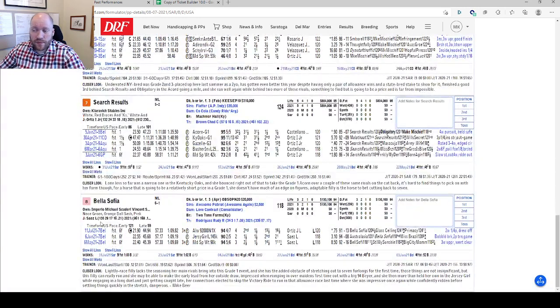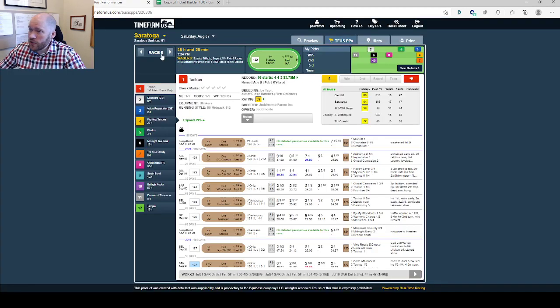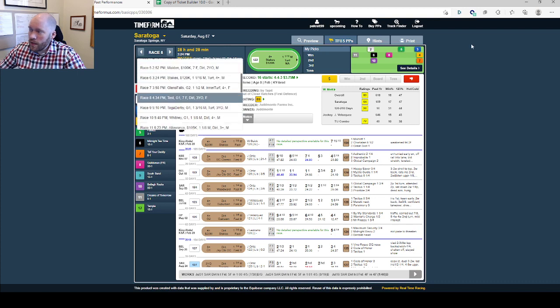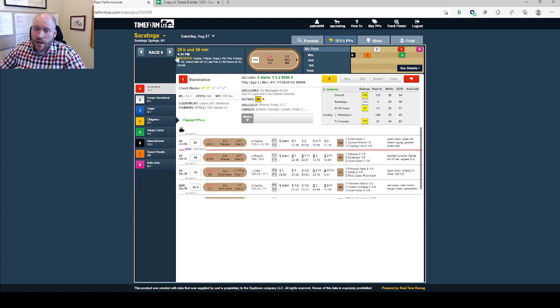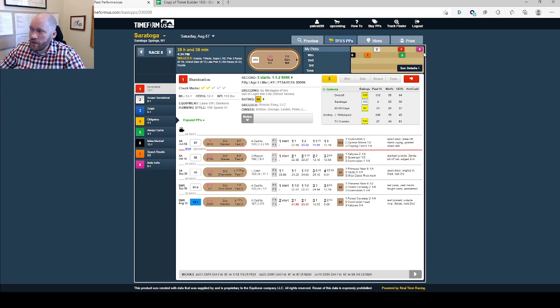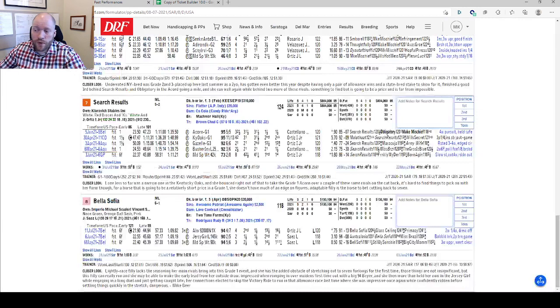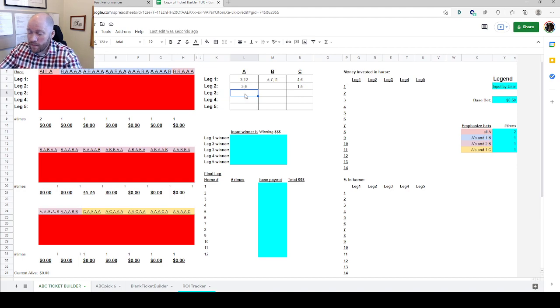So I also want somebody like Bella Sophia, who's outdrawn outside of her, is the speed of the speed. And Bella Sophia, if you look at a pace projector in here, and I will pull that up, Bella Sophia should get pretty stupid loose. You can see her way over here on the right side of the pace projector all by herself. She should be able to make her own trip. And I do really like that at 7 furlongs at Saratoga, which plays not as speed biased as shorter distances, but still a pretty speed biased distance. So I think I need to make both of them A's for me to feel comfortable.